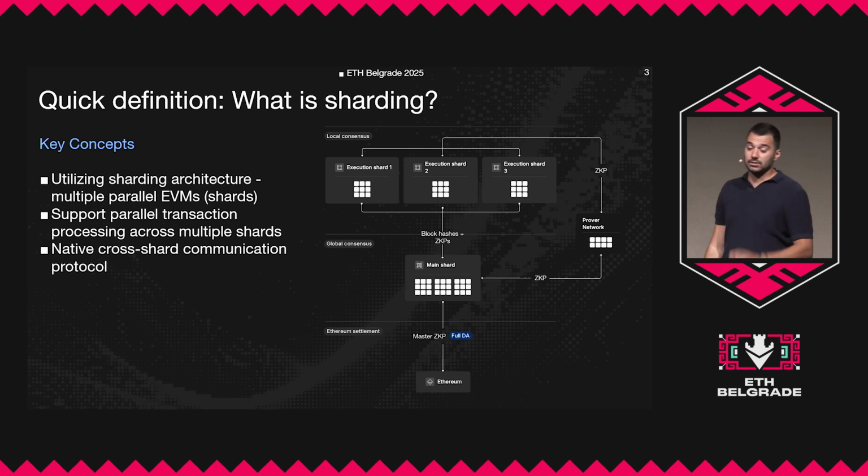The second, a little less obvious benefit of a sharded system is that it resembles the current L2 ecosystem, but without the liquidity fragmentation. What I mean is that when we scaled Ethereum using rollups, we ended up with a lot of execution machines, and these chains don't natively talk with each other, and we have tokens spread around everywhere. If we build a protocol where we can share this liquidity easily using a cross-shard protocol, we basically solve the issue.